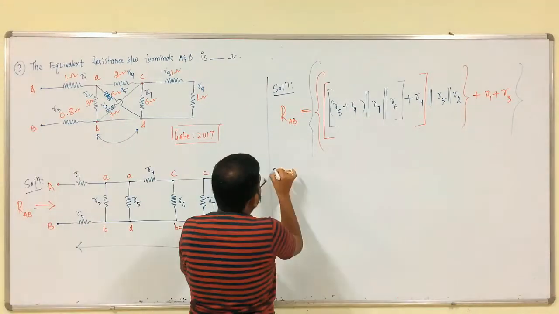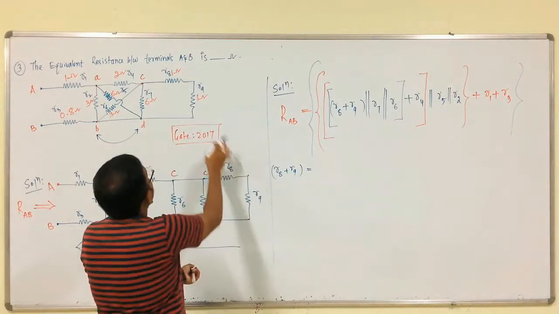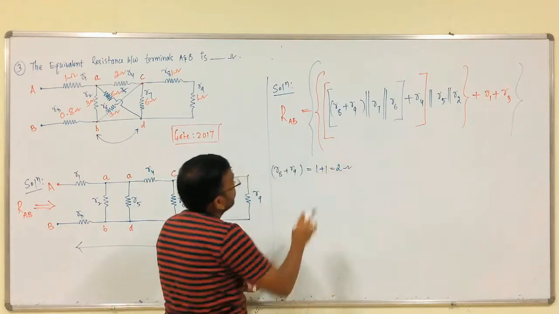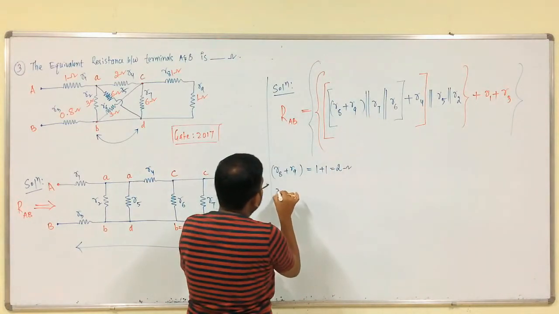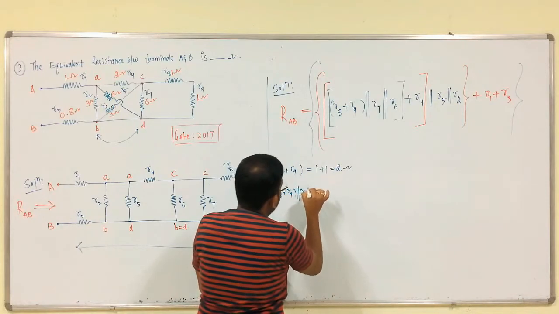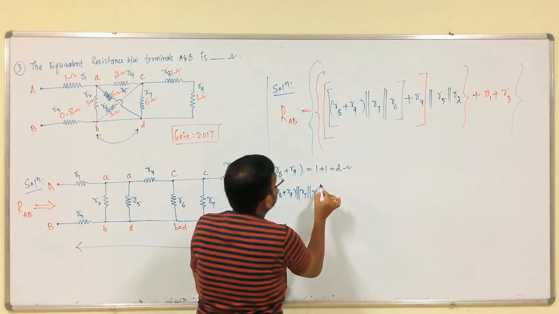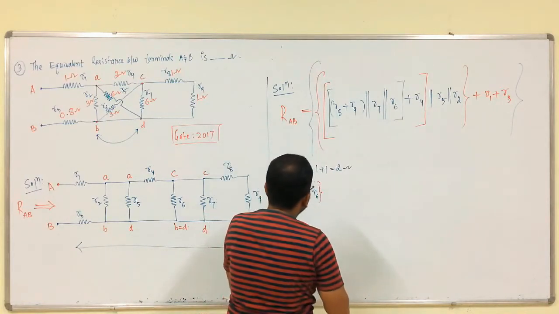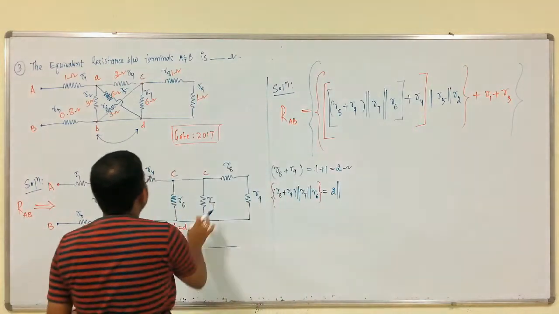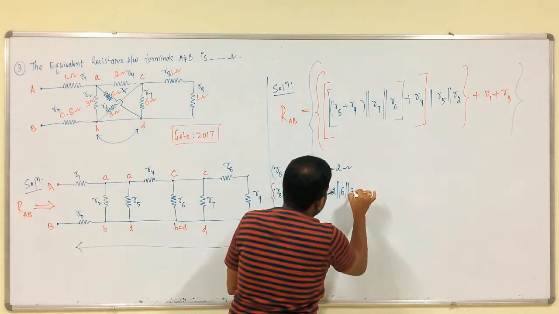So, from this R8 plus R9 first we have to calculate. What is the value of R8? 1 plus 1, so 1 plus 1 is equal to 2 ohms, clear. So, this part is completed. Again, this R8 plus R9 is parallel with R7, which is parallel with R6, right. This is 2, 2 is parallel with R7, which is 6, and R6, which is 3. So, this is 6 parallel with 3.